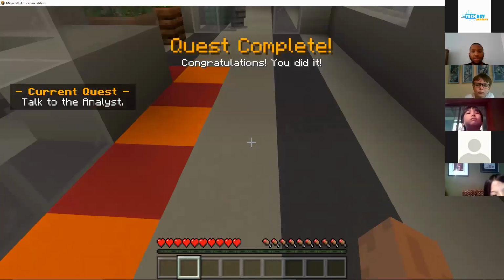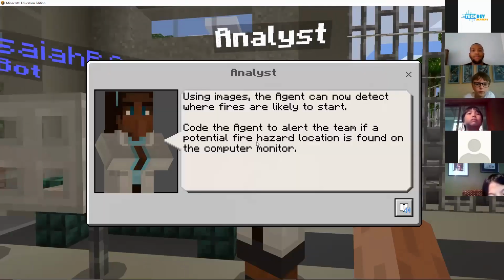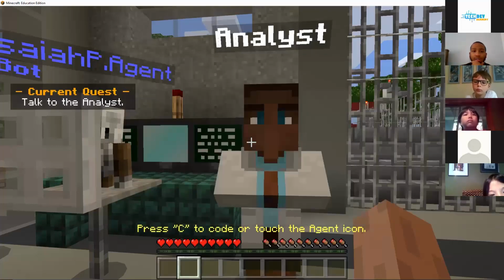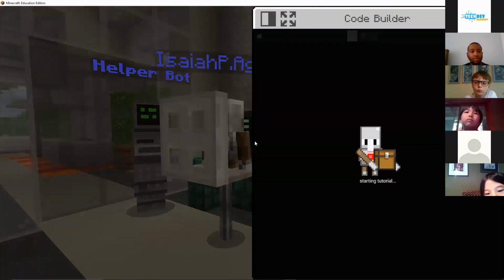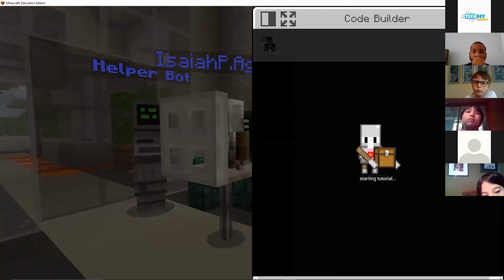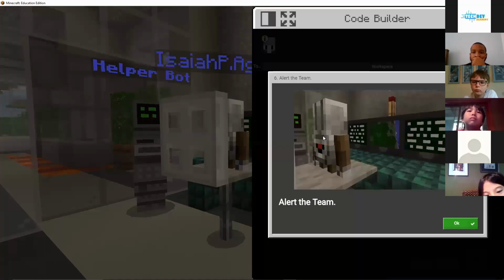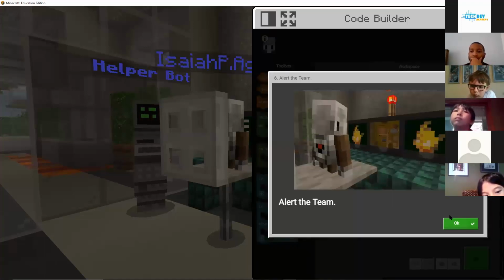What is this one? Talk to the analyst. Okay. Using images, the agent can now detect where fires are likely to start. Code the agent to alert the team if a potential fire hazard location is found on the computer monitor. Okay. Alert the team. Okay, so